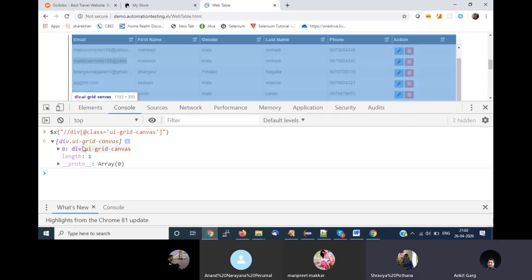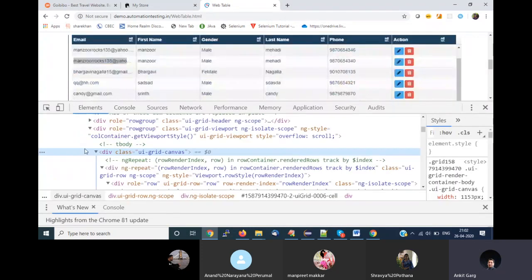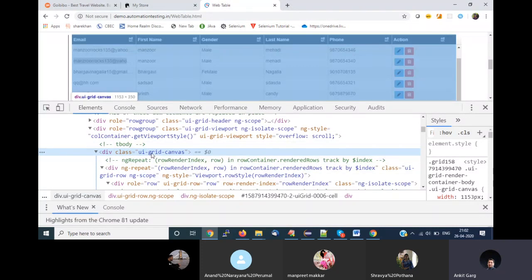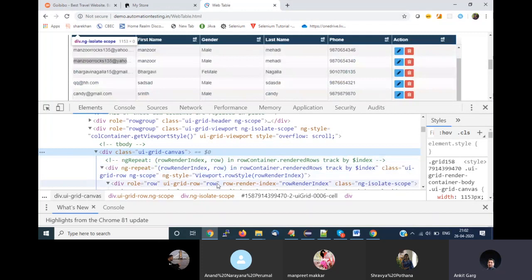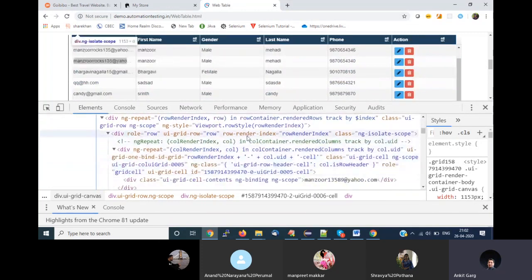Okay. So this element is giving me the complete web table now. First, let's say my first scenario, my first test case is I want to verify how many rows are there inside this web table. Now come down. This is the parent. Now I have to work on the children. Child means I need to work on your individual rows. Try to find out what is the element for your complete row.